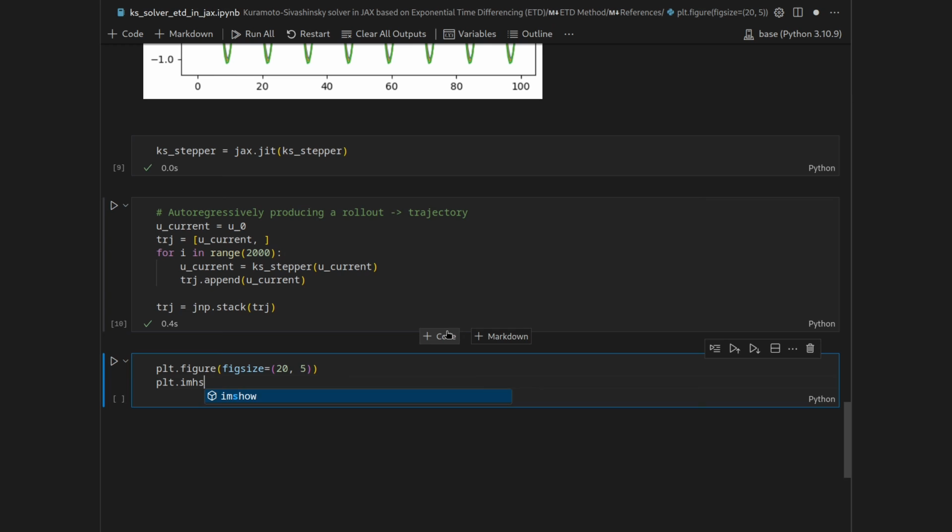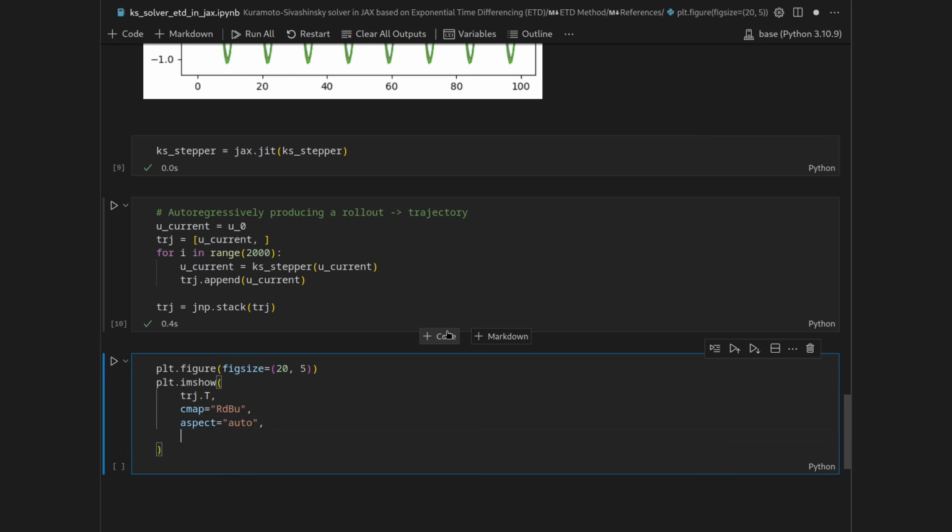And then we want to do an imshow to produce the spatiotemporal plot. And for this, we will plot the trajectory transpose, because by default, it would plot it vertically in that the time runs upwards, but we want to have it run from left to right, because then we can visualize the longer trajectory more easily. Then let's set the color map to red-blue, the aspect ratio to auto to fill the